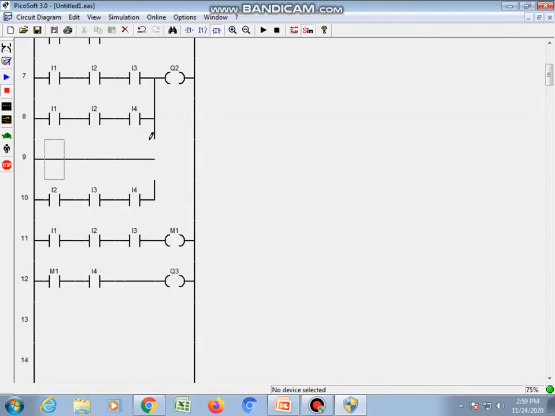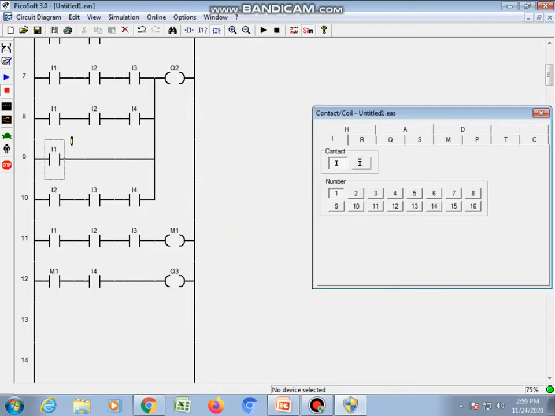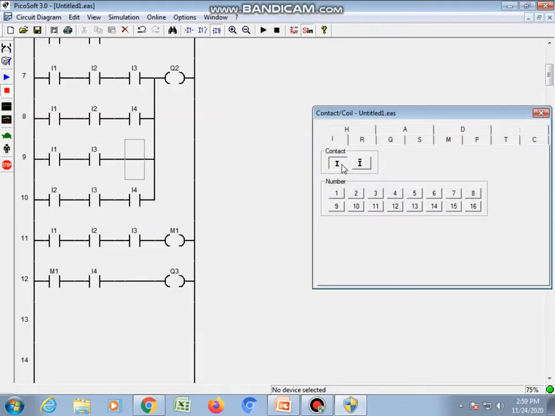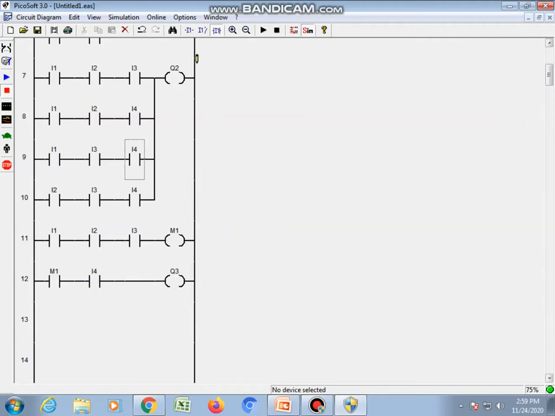So we will have one more connection, that is I1, I3, I4. So 4 combinations we will get for this particular system: 1 2 3, 1 2 4, 1 3 4, or 2 3 4. Under these combinations only will these three sensors become true.